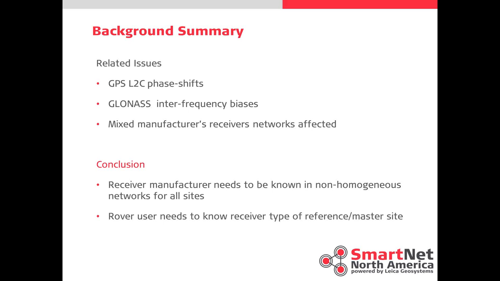And then you, as the rover user, need to know what receiver type you're listening to. Okay, so all the issues of L2C, GLONASS, and miscellaneous manufacturers are handled, and we handle them by using RTCM 3.1. And it's the only message that handles this. So if you are a Topcon or a Trimble user on the network today, or any other manufacturer, and you want to use GLONASS, then the only broadcast that we support GNSS correction on is RTCM 3.1, and the